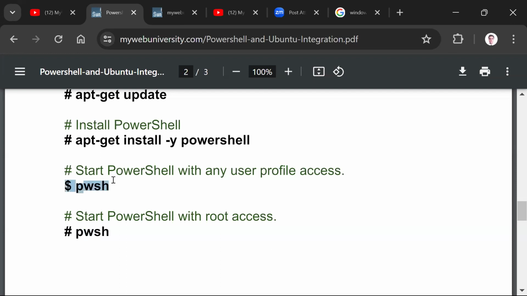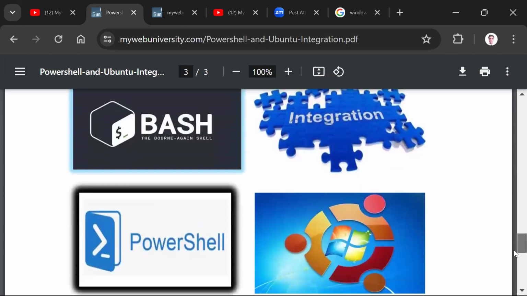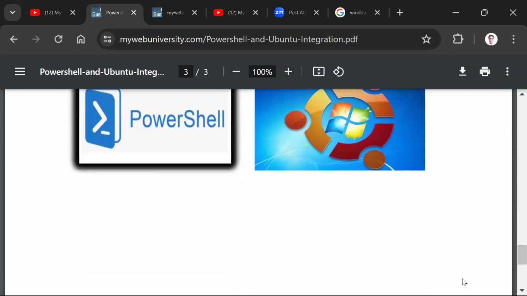When you do regular stuff like PowerShell Get- commands or Get-Process, you can run it on either a user account or a root account, depending on what you're doing. So once it's integrated, Windows and PowerShell work together. And as you can see on my